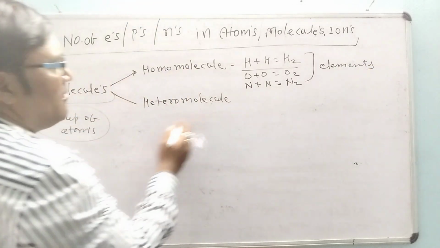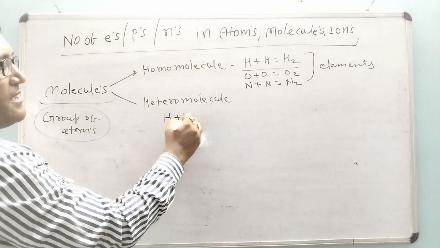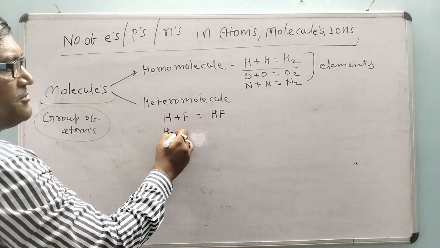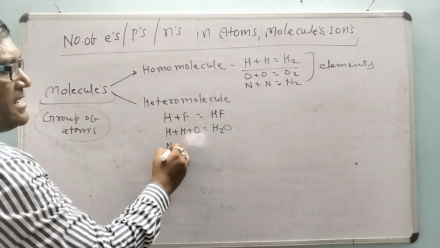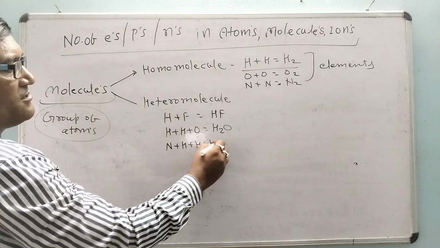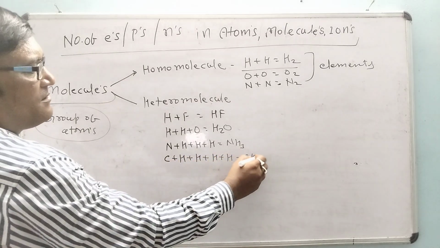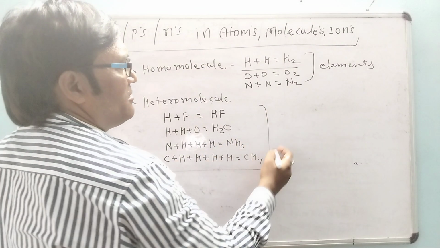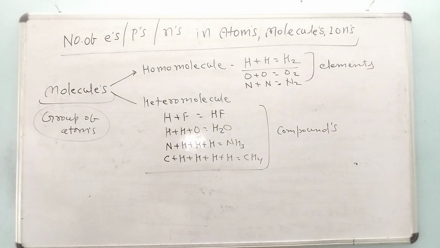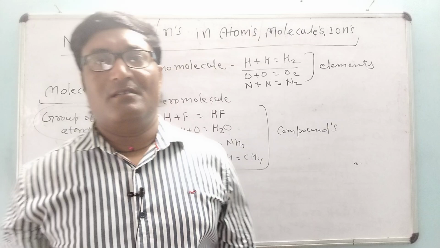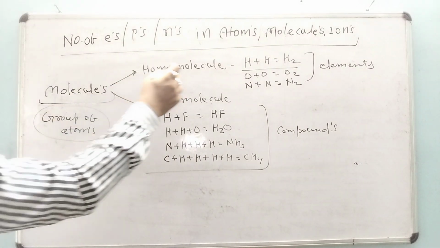Molecules of elements. After that we will discuss heteromolecules. These molecules are composed of different types of atoms. HF molecule, H2O. In case of H2O, H plus O. These are the heteromolecules. NH3, CH4, these are the heteromolecules. These are the molecules of compounds. Now, how can we find the number of electrons in these molecules? One by one we will discuss. So, in case of homomolecules,